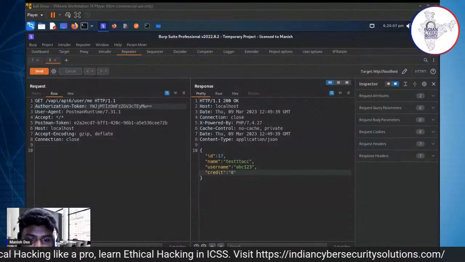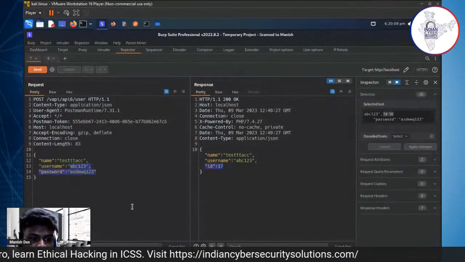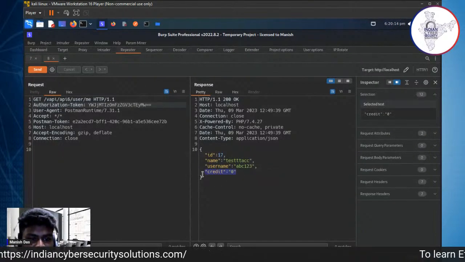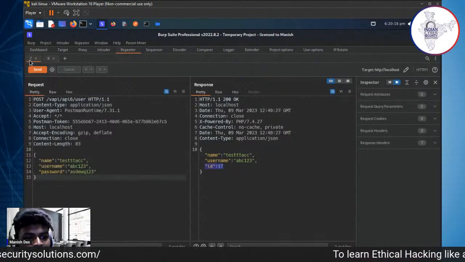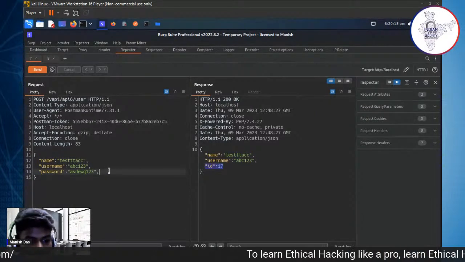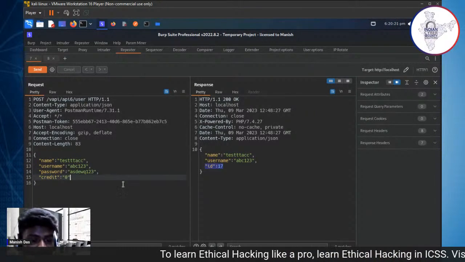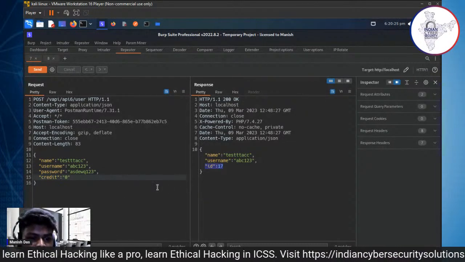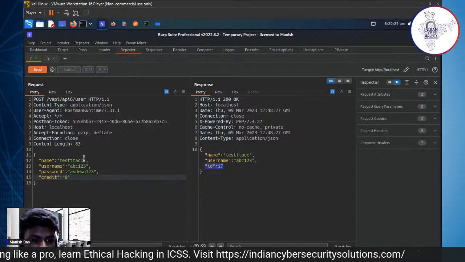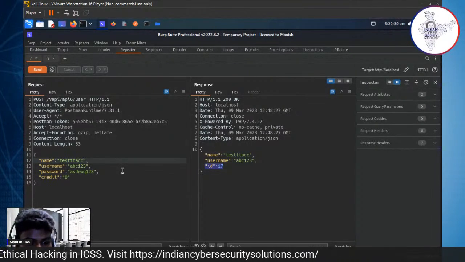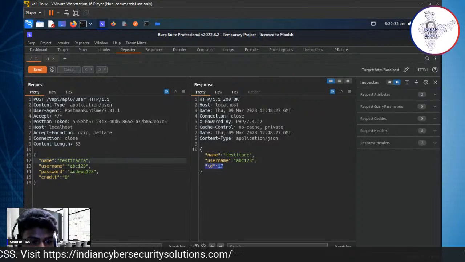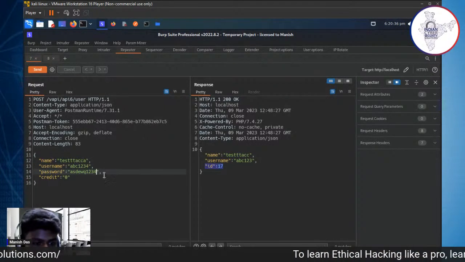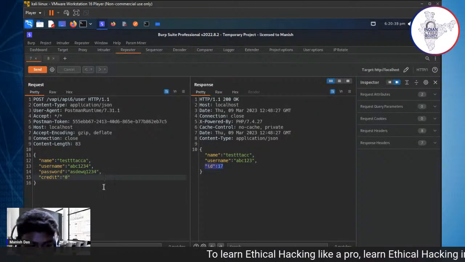Now we know the functionality, how the user is created and all that. So I will now do one thing. I will create another account with a credit of 100, meaning at first I am creating the account with 100 credits, and we will see how the website handles it. Just for the sake of it, I'm replacing something so it's a new account: I will add 4 here and 4 here. So I will give myself a credit of